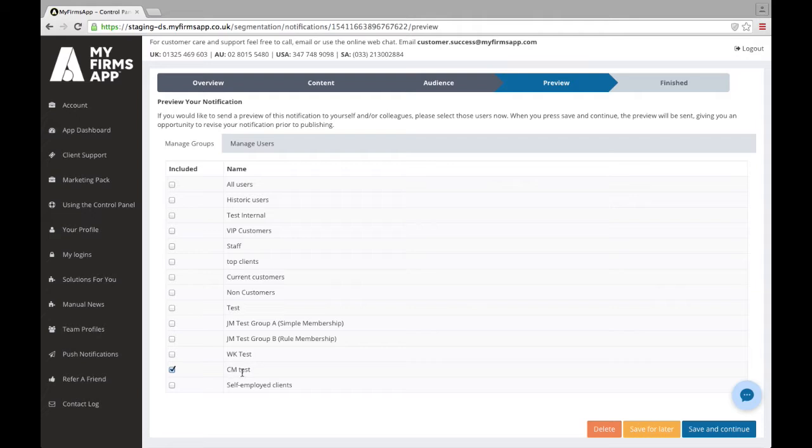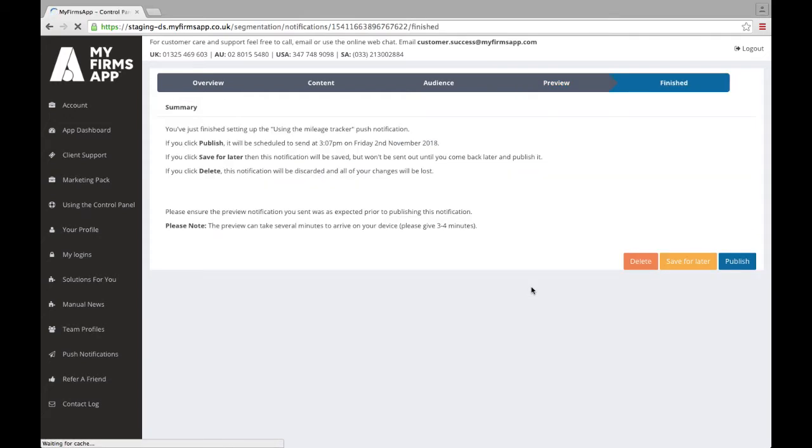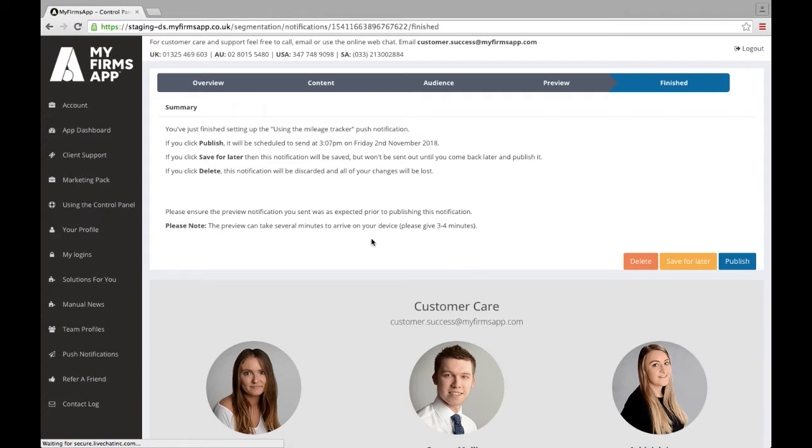I want to send the push to me just to make sure I'm happy with that. So if we click save and continue, the preview will be sent. And as it says there, it will give you an opportunity to revise your notification prior to publishing. So you should get the notification through in 3 to 4 minutes, and if you're happy with that, you click publish and it will go to the audience that you've chosen,